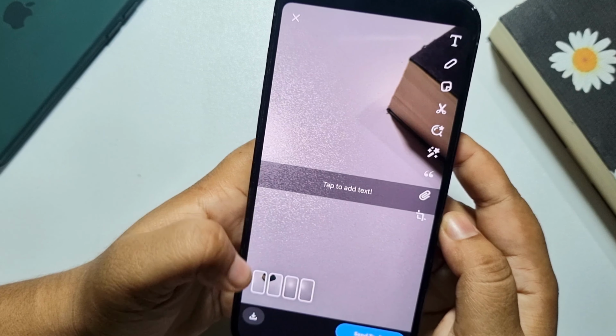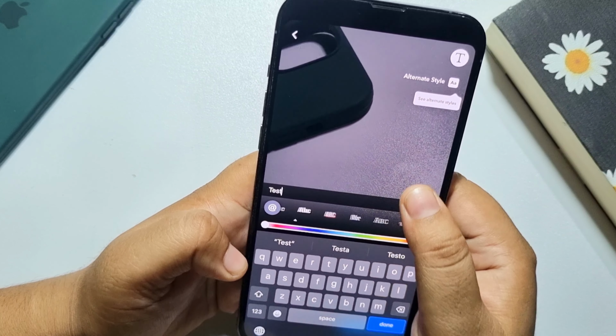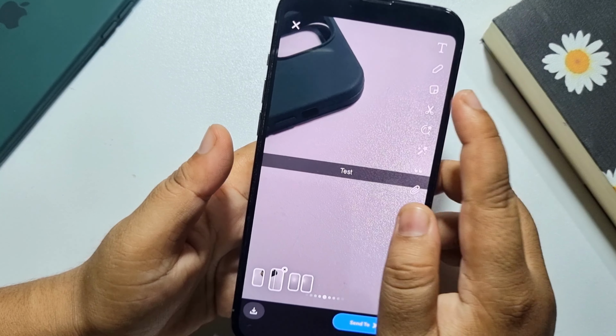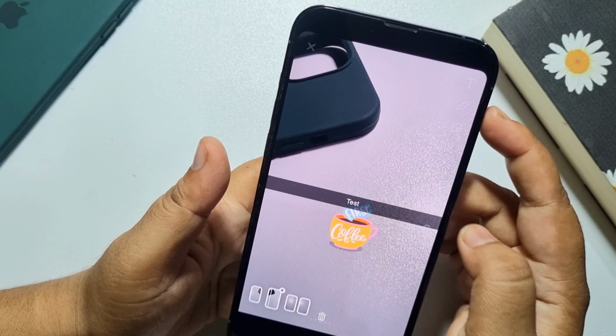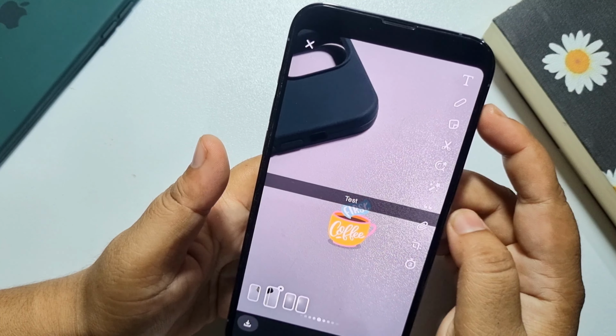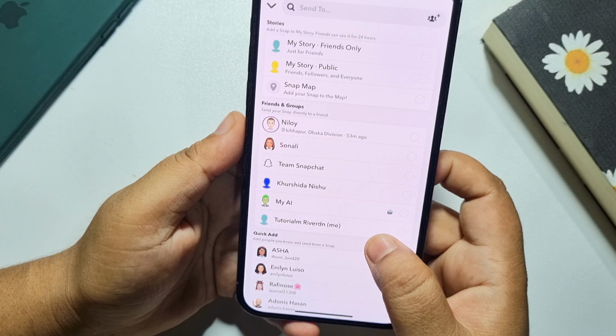and here you can select any specific snap to edit the snap. So let's select this snap, and here as you can see I can add text and also I can add sticker to the snap from here, and you can also add filter by tapping here and just tap on send to, and I'm selecting